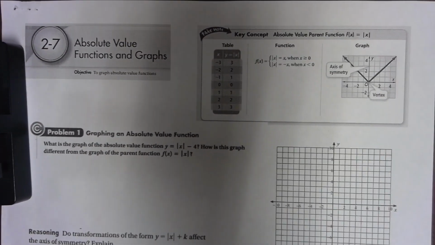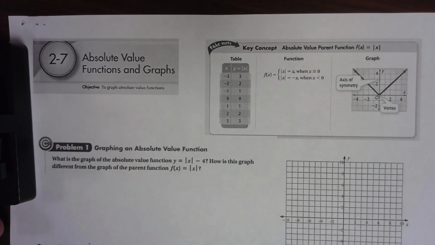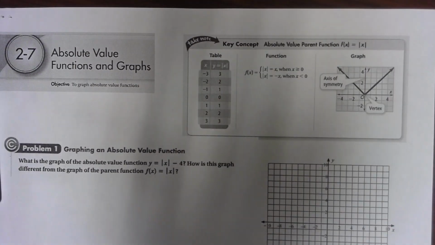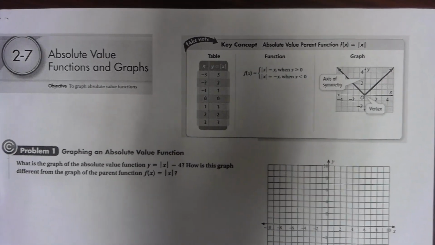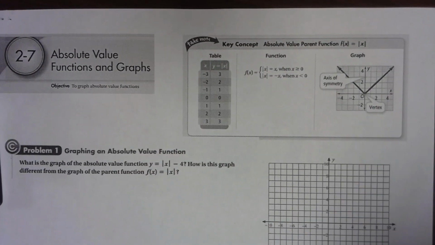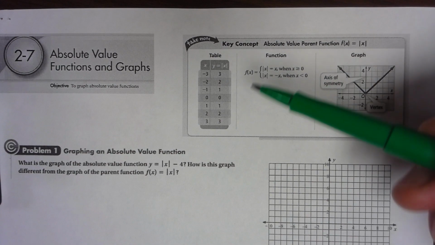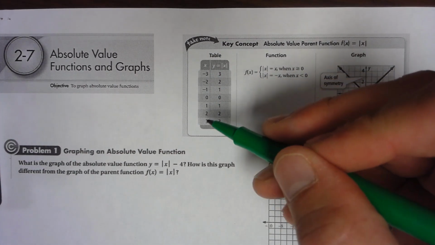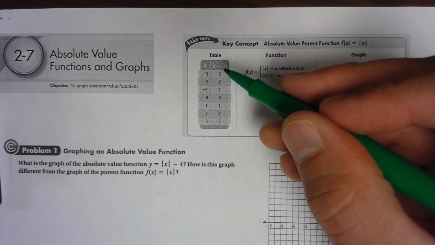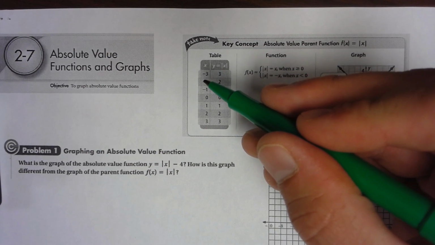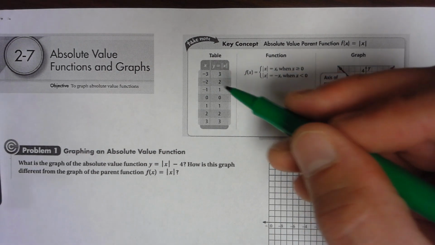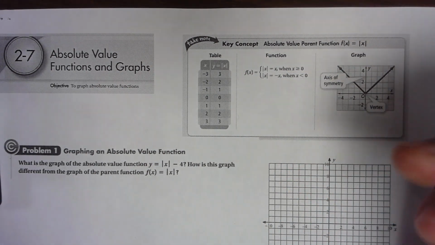All right, we're going to work through our next section, 2.7, about absolute value functions. A couple quick things just to know about absolute values that we have touched on at some point, and you should have done some work with this in Algebra 1. But one of the main things is that when we're taking the absolute value of a number, and you're seeing this over here in this table, it's like when we take the absolute value of -3. To take the absolute value means to make that number positive, and that's because, by definition, the absolute value is